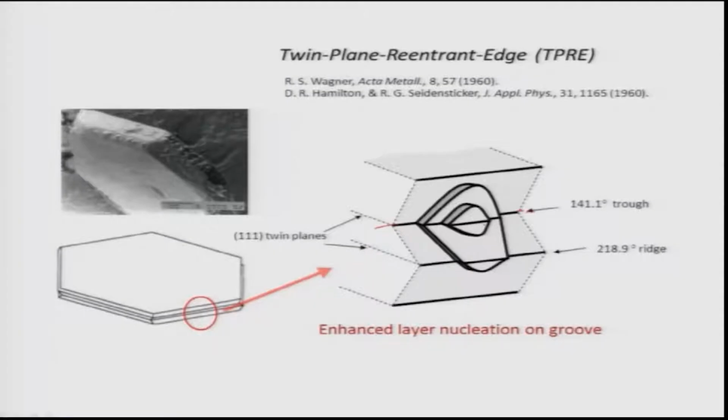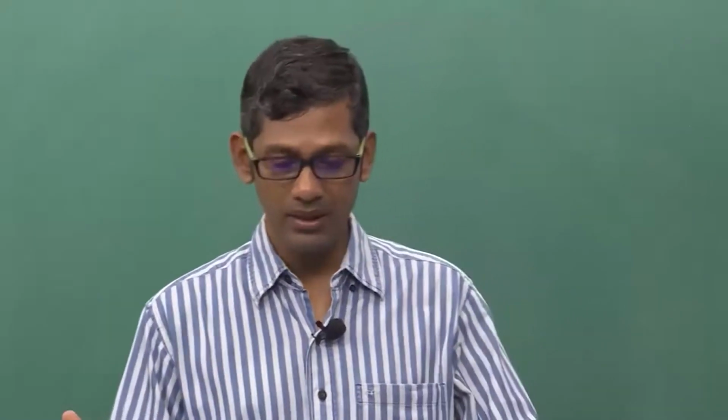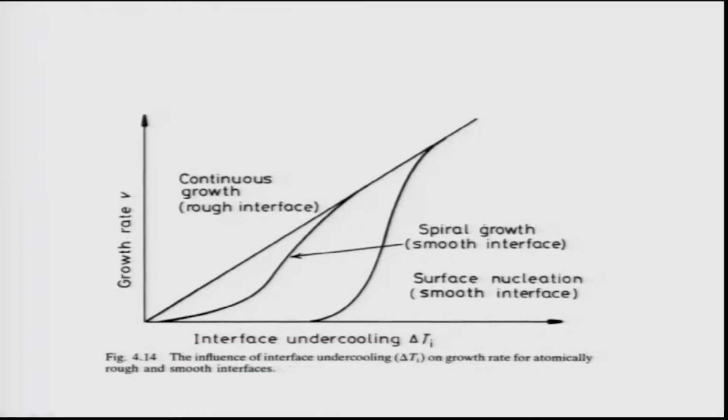On the other hand, for atomically smooth surfaces where there is a diffuse interface, that means there is a huge layer between the solid and liquid, atoms can easily sit on the surface and grow, and that kind of growth is known as continuous growth. And this growth, which is by twin or dislocations or by surface nucleation, is known as stepwise growth. So now it is possible to calculate